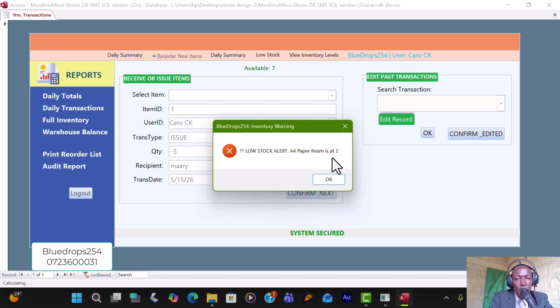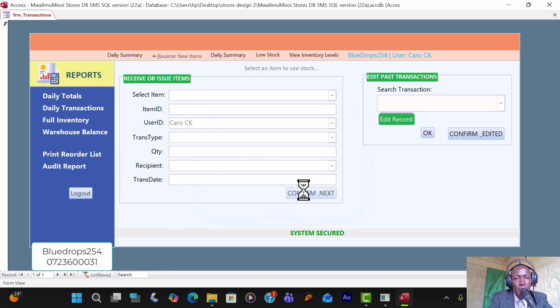You can see the low stock alert. Now we are remaining with the 2. If you come to this daily transaction,